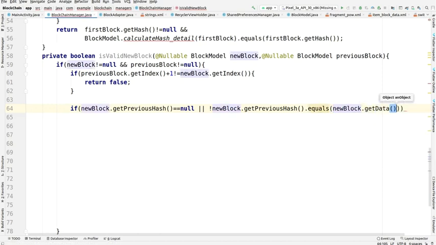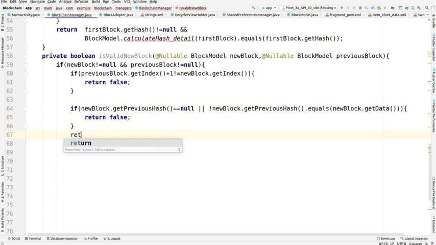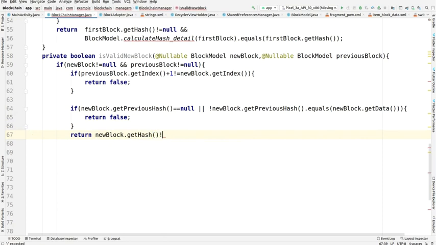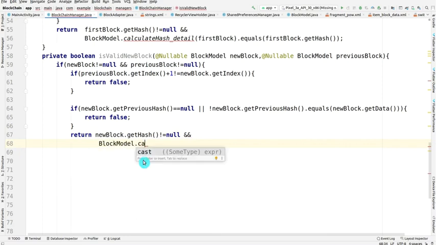Okay, as you can see the exclamation mark is written there, so it will change its result from false to true or true to false, and finally returning false. After that we are returning the new block, checking that condition and will return that boolean value from here. It will return either true or false depending on whether the new block is valid or not.